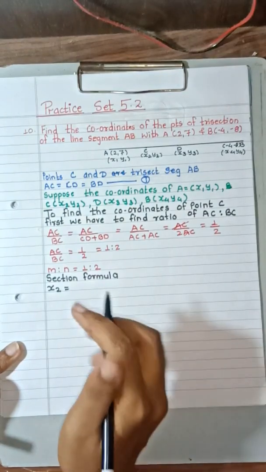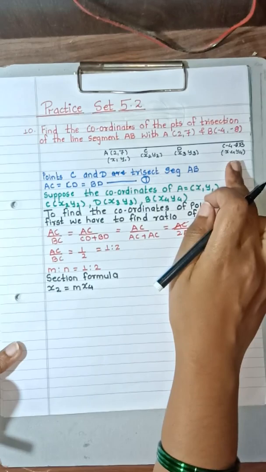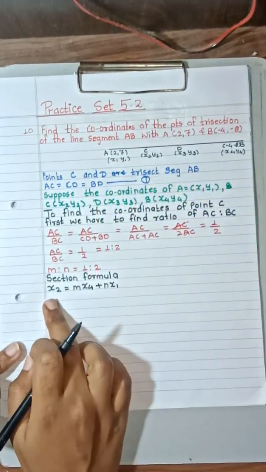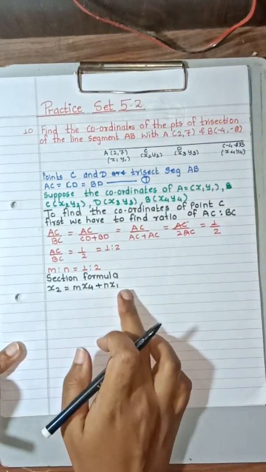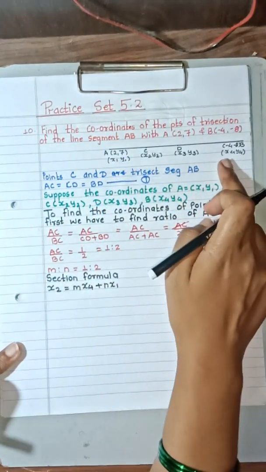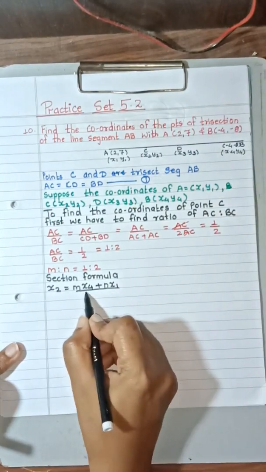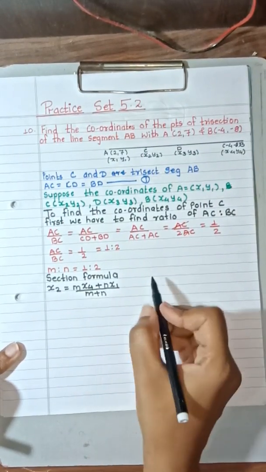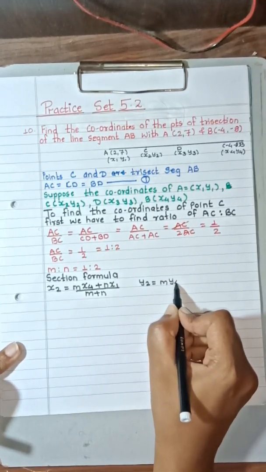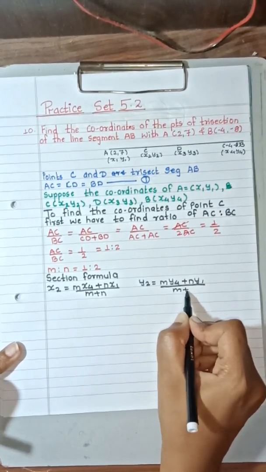Therefore in the formula you will be writing the section formula as M x4, as the coordinates of x4 are given, plus n x1. You will say that I have written here x2 and y, I am writing here x4 and x1. Which coordinates have they given you? A, that is x1 y1, that is 2 7, and B, x4 y4, that is -4 and -8, upon M plus n. Similarly I'll write down here y2 is equal to M y4 plus n y1 upon M plus n.